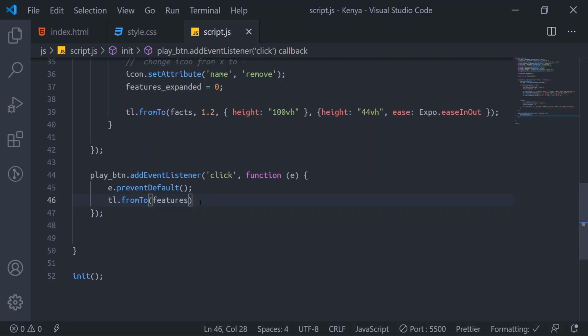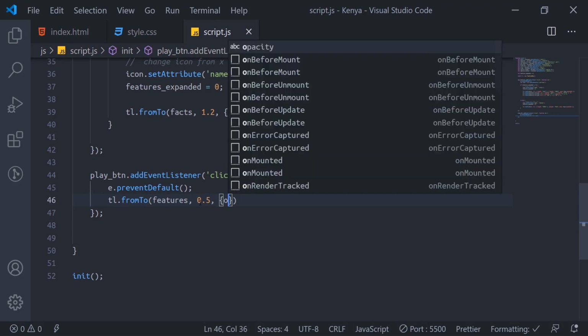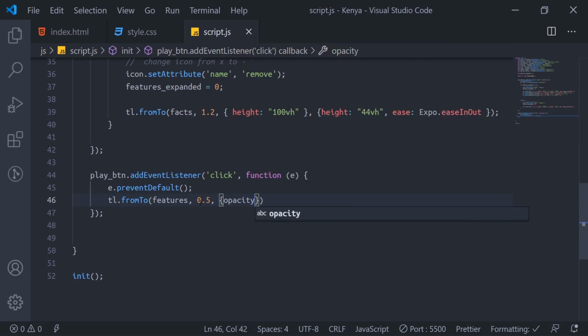So we'll say features 0.5, then we set opacity from 1, animating to 0. From 1 we go to 0. You get.